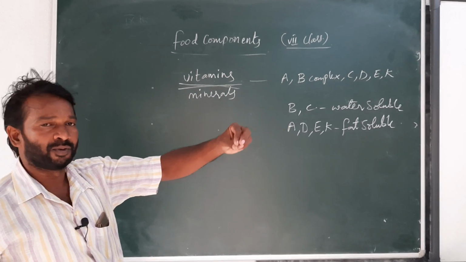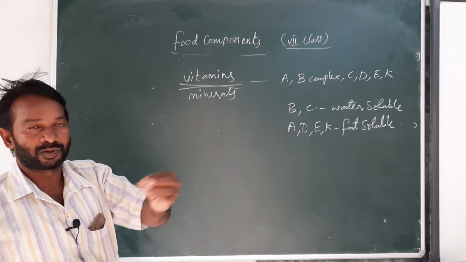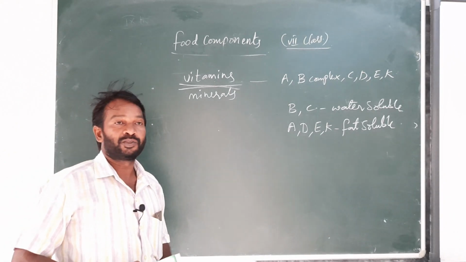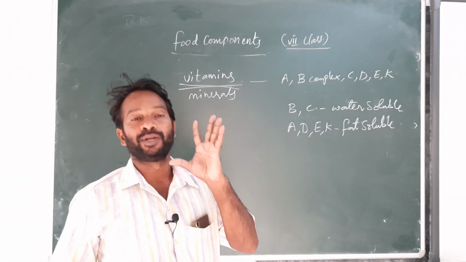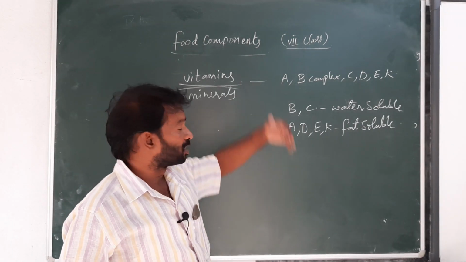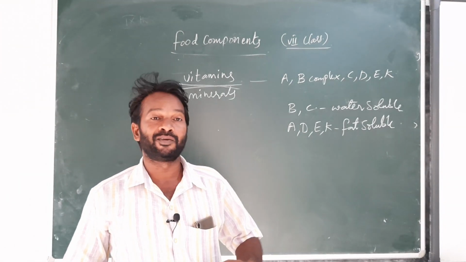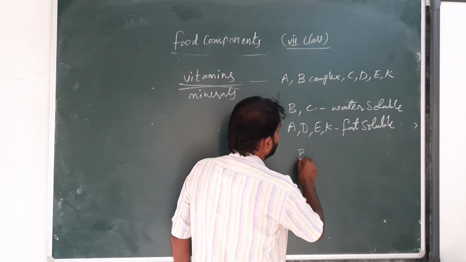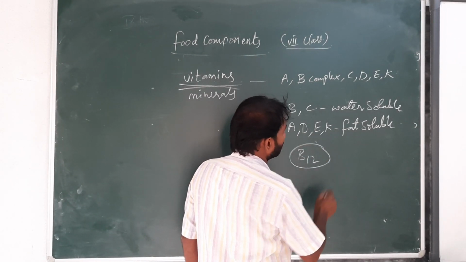They are present in various plant sources. The only animal source vitamin is vitamin D. And among these vitamins, one vitamin is synthesized in our intestine, that is vitamin B12. B12 is important,